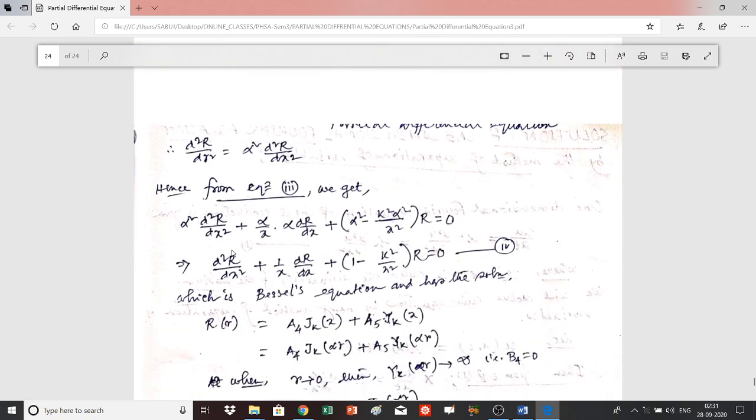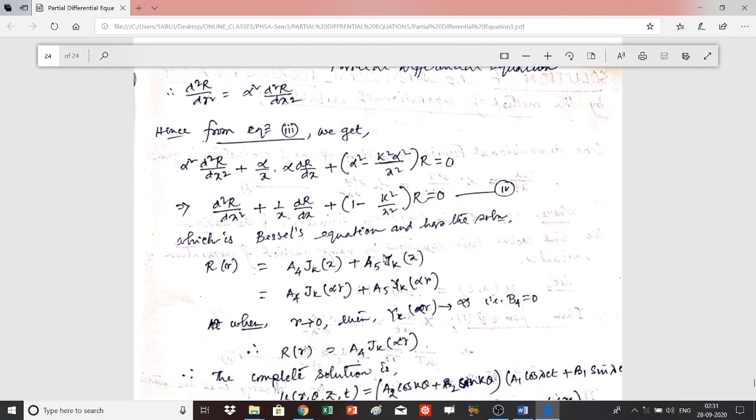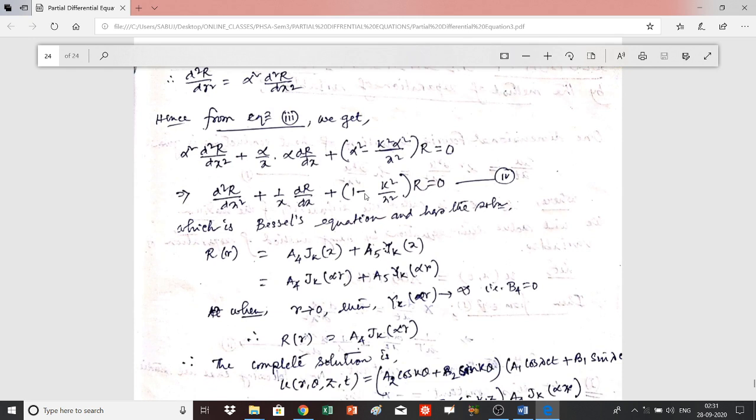And from here you can write d2r by dx square plus 1 by x dr by dx plus 1 minus k square by x square into r is equal to 0. Take alpha as a constant common term from here, so alpha square will be there, 1 minus k square by x square. And this alpha square, this alpha and this alpha square will cancel, will be divided to 0. This is equation number 4, and this is nothing but Bessel's equation, and which